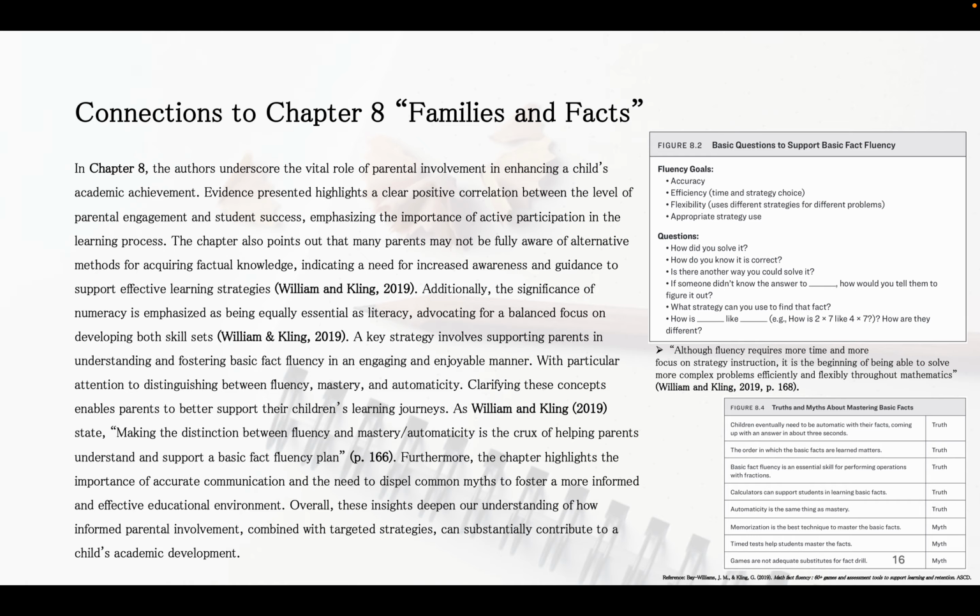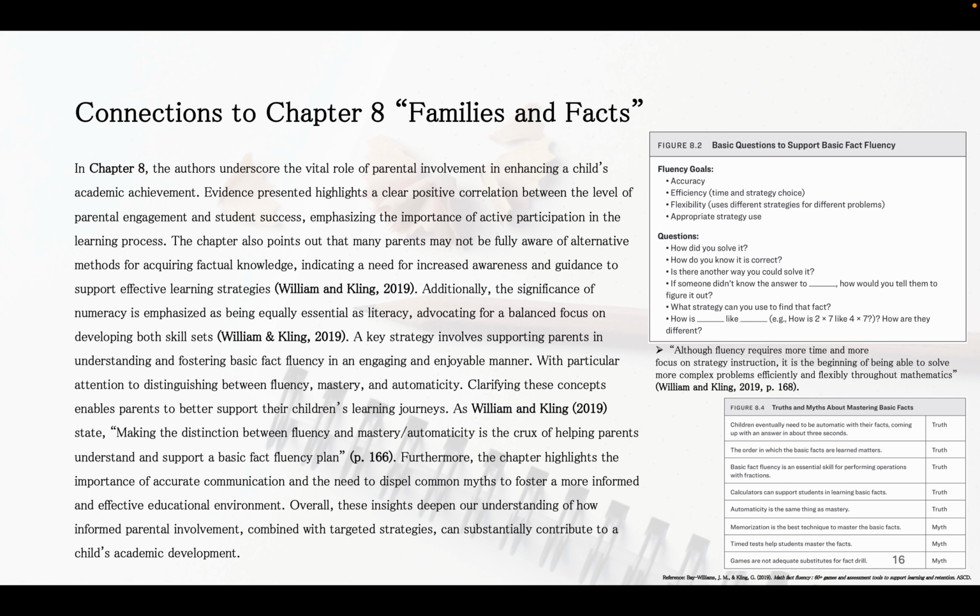The chapter also points out that many parents may not fully be aware of the alternative methods for acquiring factual knowledge, indicating that there's a need for increased awareness and guidance to support effective learning strategies. Additionally, numeracy is emphasized as being equally essential as literacy, advocating for a balanced focus on both skills. A key strategy involves supporting parents in understanding and fostering basic fact fluency in an engaging, enjoyable manner,